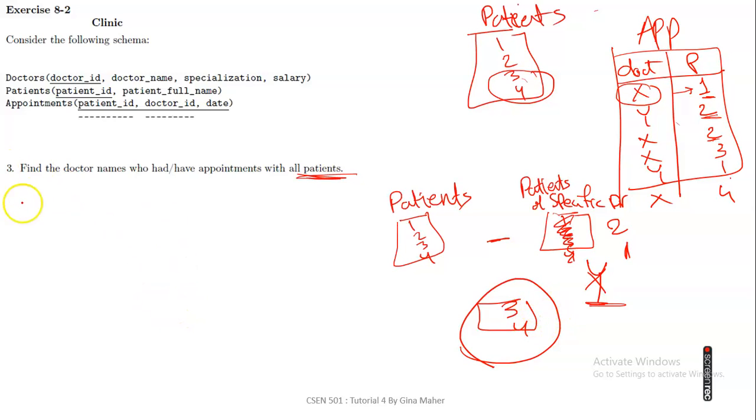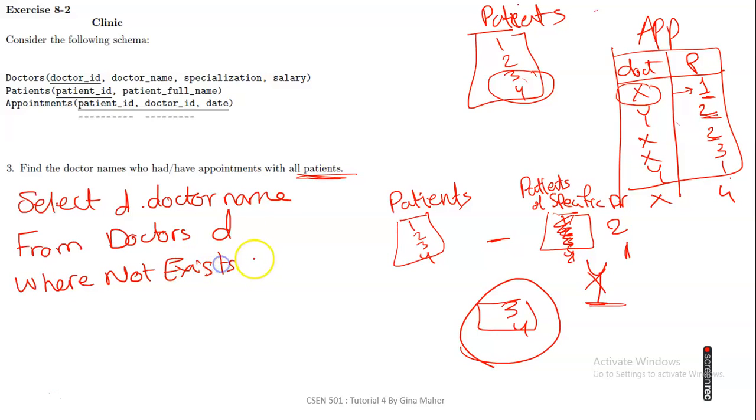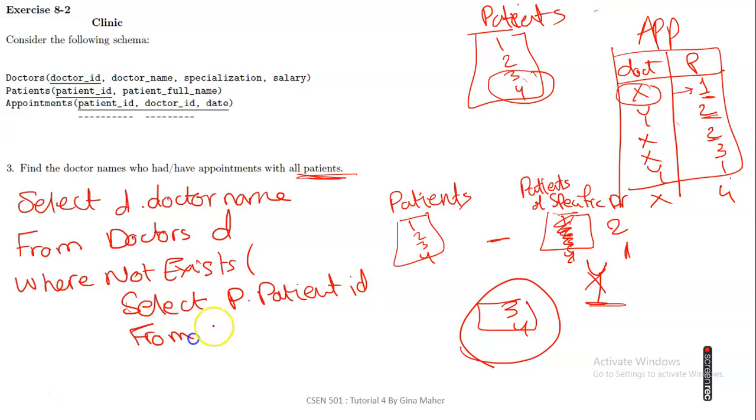So simply what we can do is select D.doctor_name from doctors D where not exists, select, we want to get all the patients, okay, P.patient_ID from patient P, okay, except